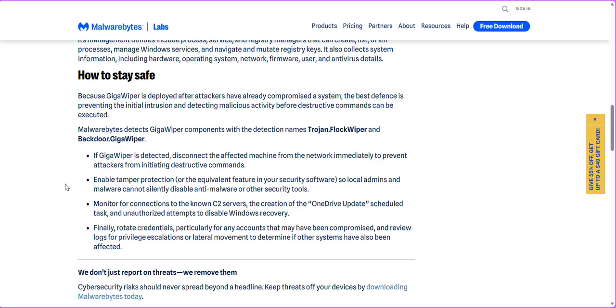Enable tamper protection or the equivalent feature in your security software so local admins and malware cannot silently disable anti-malware security tools. Monitor for connections to the C2 servers, the creation of OneDrive Update scheduled tasks, and unauthorized attempts to disable Windows recovery. Finally, rotate credentials, particularly for any accounts that may have been compromised, and review logs for privilege escalations or lateral movement to determine if other systems have also been affected.